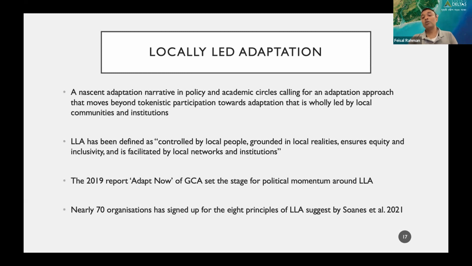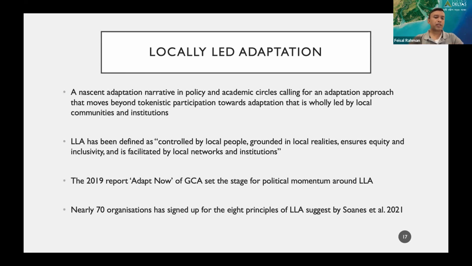Rather, it's arguing that the whole adaptation approach should be led by community-based institutions or community members. Locally led adaptation, or LLA, has been defined as something that is controlled by local people and grounded in local realities. It should ensure equity and inclusivity, and should be facilitated by local networks and institutions. So LLA is still a concept which is very much being developed, and it's been there for only around 2